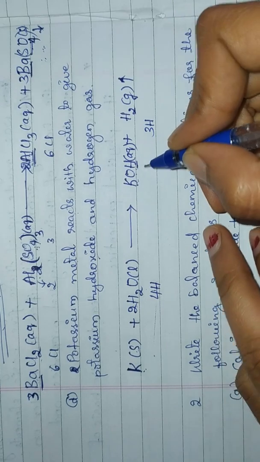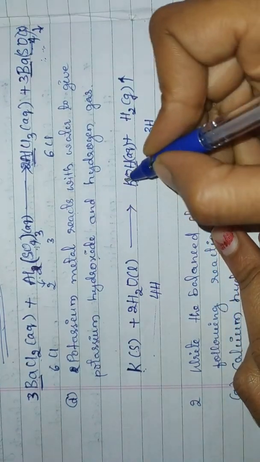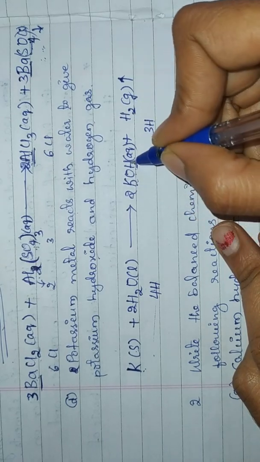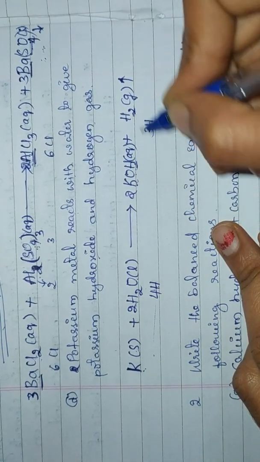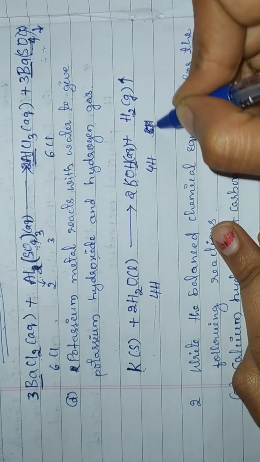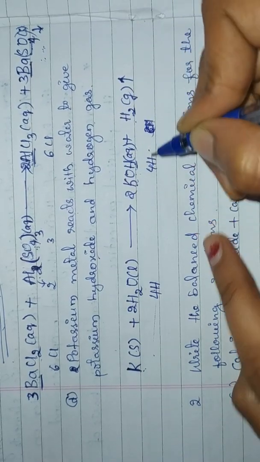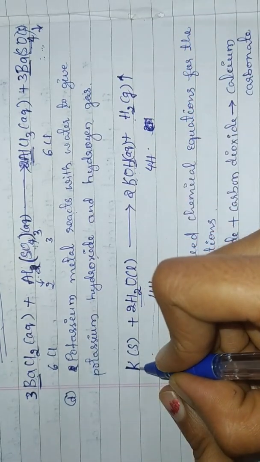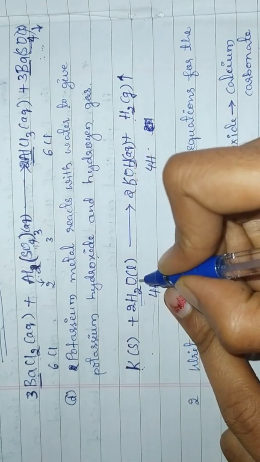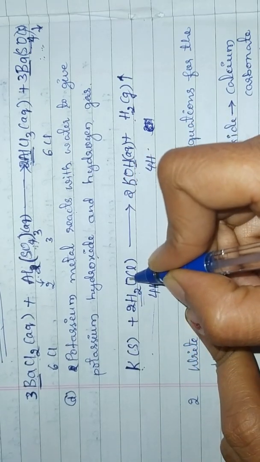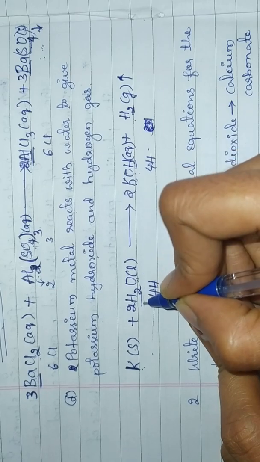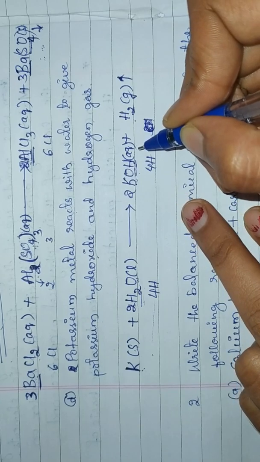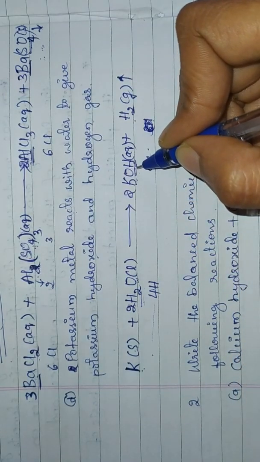Okay, so to equalize the number of hydrogen atoms, here we have to multiply by 2. So here 2 hydrogen and here 2 hydrogen. Total 4 hydrogens are there in product side now. Okay, so here number of hydrogen atoms are balanced. Next see the oxygen atom. Okay, 2 oxygen atoms are there in reactant side. See in product side, here also 2 oxygen atoms are there. Already number of oxygen atoms are balanced.